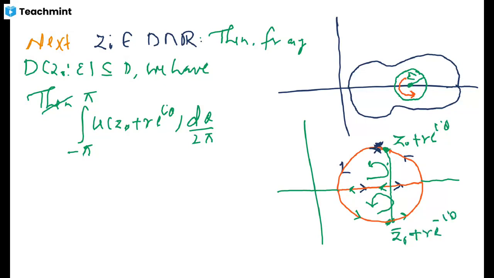It lies in the lower half circle. So let's divide it into two parts. First, it has to be minus pi to 0. We are starting from this point to this point,